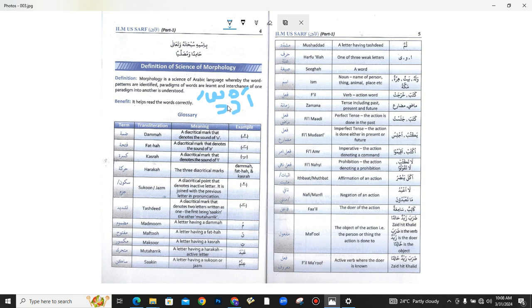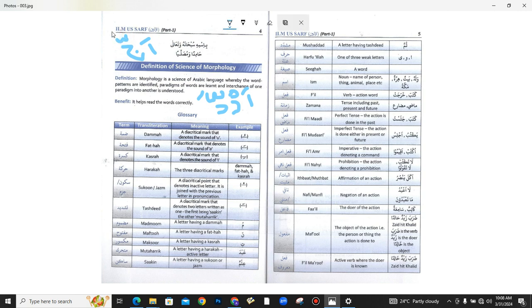Not only once, this voice sounds like twice, and as I am reading before you, ad-da would become adda. And if there is hamza fatha a, and there is jim, and jim is having tashdid,